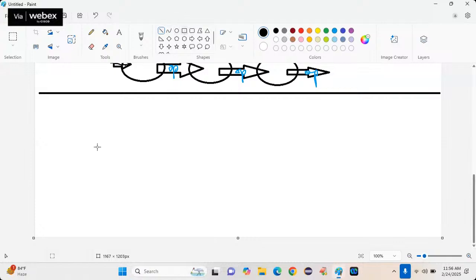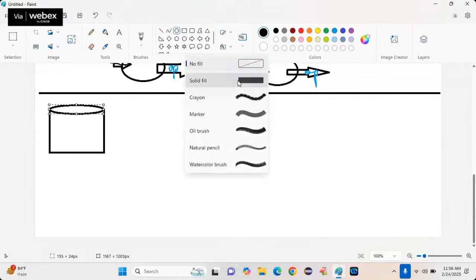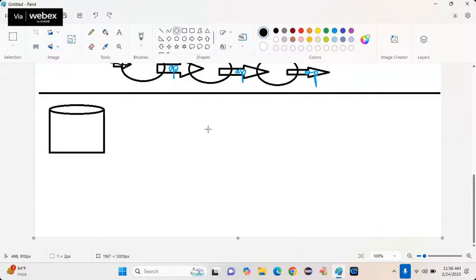Look here. This is the tank. In the tank, the water is not pure. Then what will you do? You will extract the water from this tank and give it to whom now? One purification plant or not? You are giving it to one purification plant. Then tell me, is this purification plant